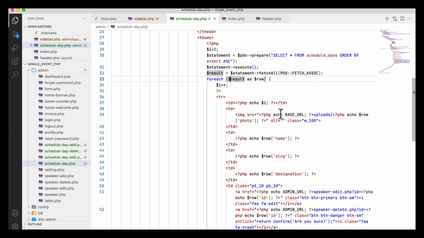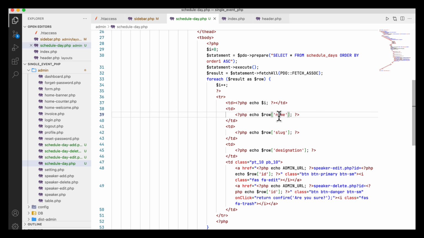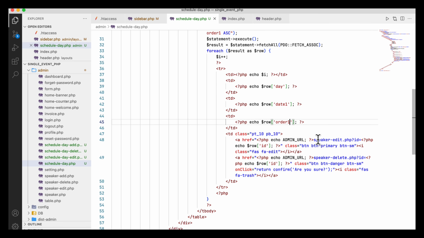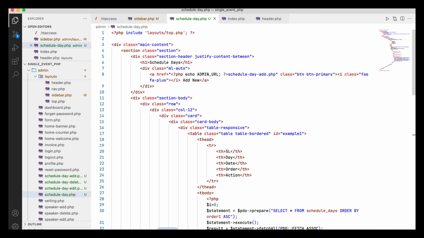Now result is this, and I have no image here, so I am going to delete it. And first one is day, second one is date, and third one is order, and it will be for example schedule day edit and schedule day delete. I just link it up. So okay, now let's